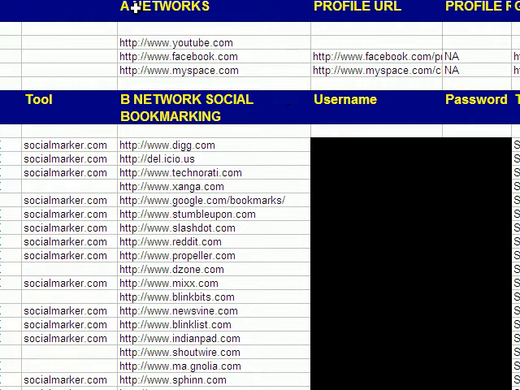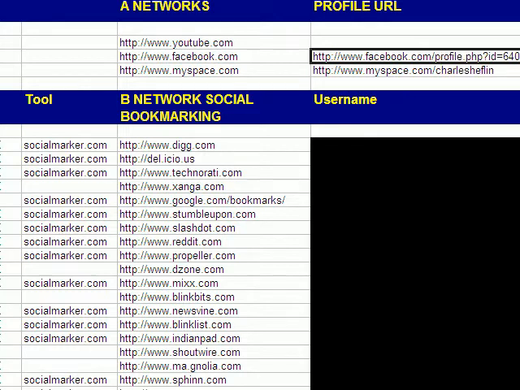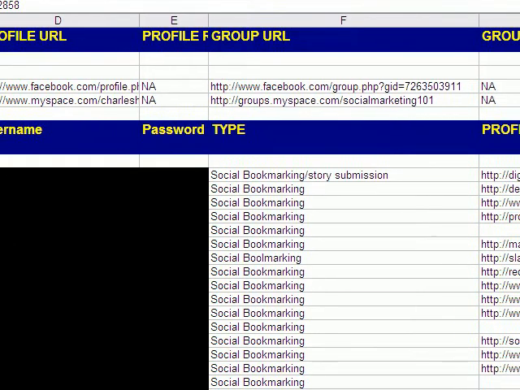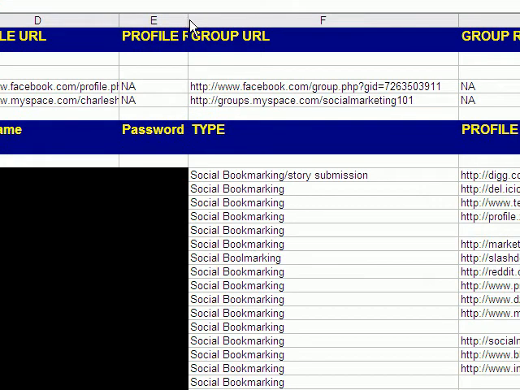We started up here at the top with A networks and went through and chose three: YouTube, Facebook, and MySpace. And you can see here the profile URL. We've actually gone in and grabbed the URL specifically to the profile so that we have them here for quick and easy reference. We also have other fields of information that would be useful,